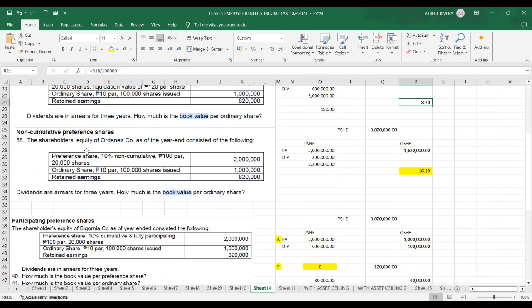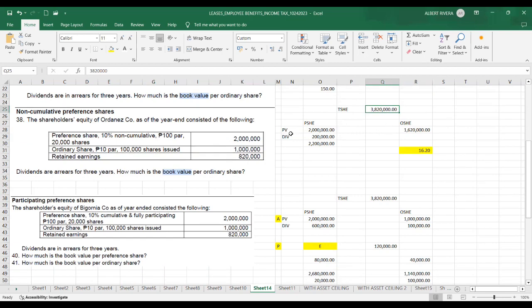Non-cumulative. Okay? So the total stockholders' equity is 3.82 million. Then, wala namang liquidation value, kaya binigay natin yung 2 million. Okay? Na preference shares, par value. Since this is non-cumulative, 1 year lang ang dividend. So that is just 2 million times 10%. So this is 200,000. And the total of which, 2.2,